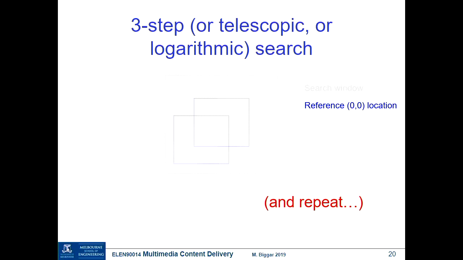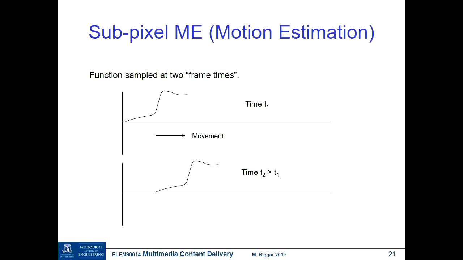Now another technique to obtain, or possibly obtain, an even more accurate estimation is what's called subpixel motion estimation. And I think the best way to understand subpixel motion estimation is to look at a one-dimensional example. So if you try to imagine this one-dimensional image or signal, that we're trying to do the same thing as we've just described, but just in a one-dimensional sense. I hope this will explain why subpixel motion estimation makes sense. So let's suppose we have this original analog function, so a varying intensity field that we're capturing with a camera, and the camera is doing sampling, right? So we sample our intensity field at a series of points,